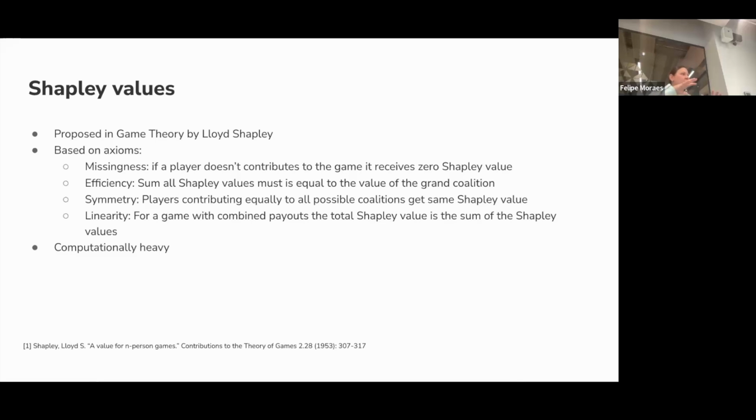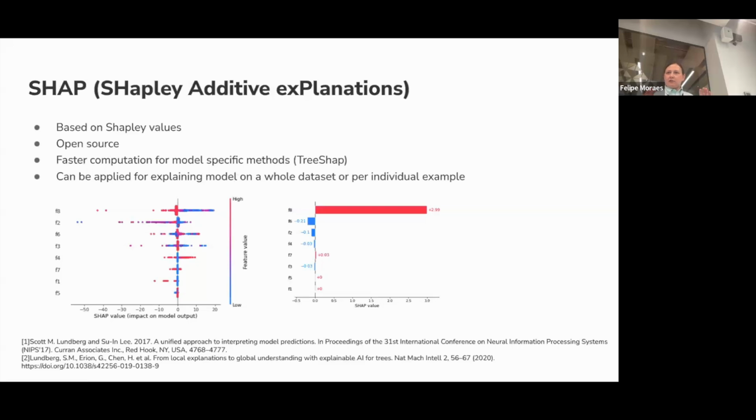The whole task was how to divide the payoff between players in some game in a fair way. It has a very nice mathematical formulation. The main problem is that it is computationally heavy. But some time ago, this problem was solved.